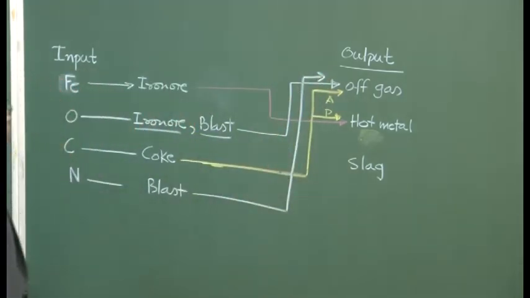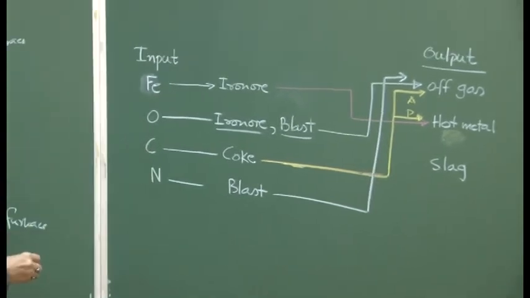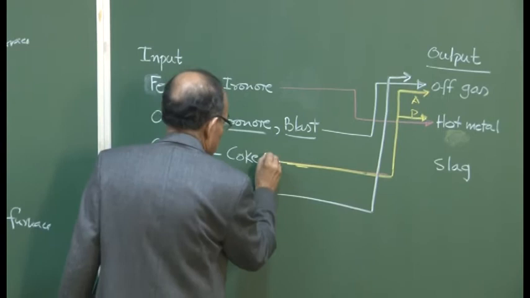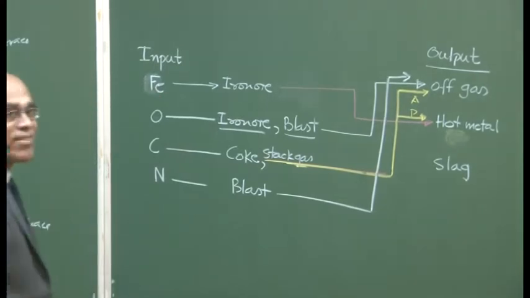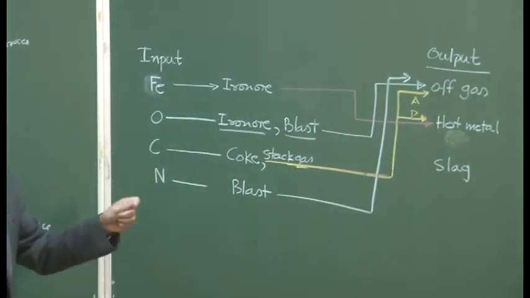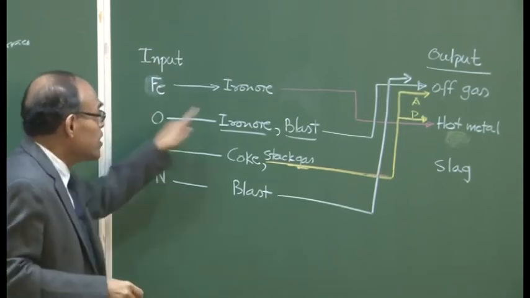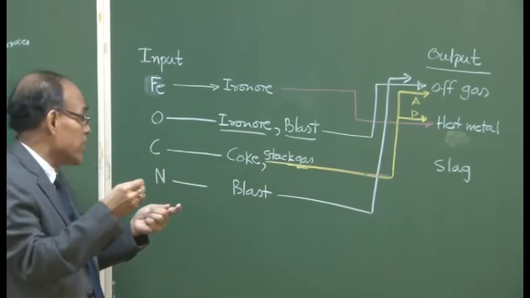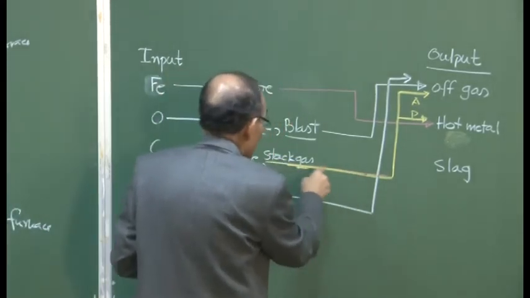Now, you can build on this. So, let us look at one more complexity. Suppose that as far as fuel is concerned, we now put, for example, stack gas, and suppose that the stack gas contains carbon monoxide. So, we are putting in some carbon. The stack gas will also bring in oxygen, because oxygen is input in the form of carbon monoxide. So, as far as elemental balance is concerned, this stack gas is going to be manifesting,